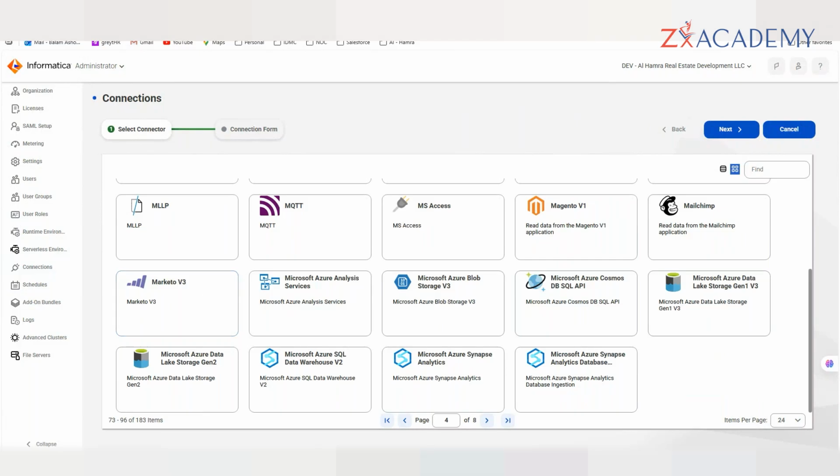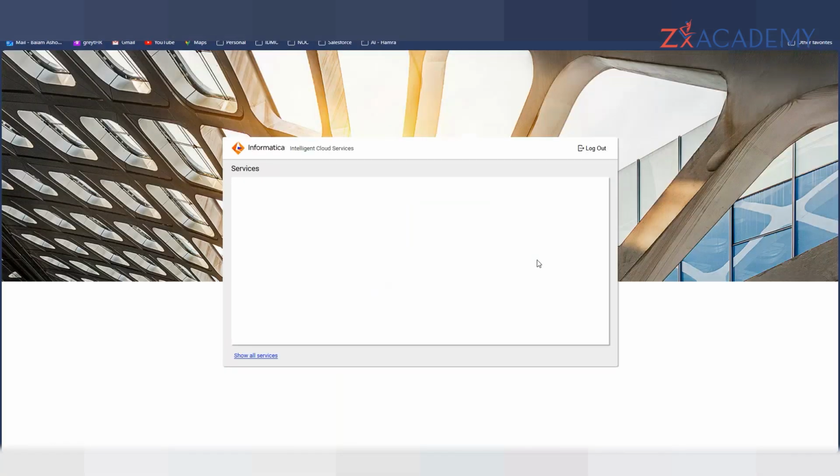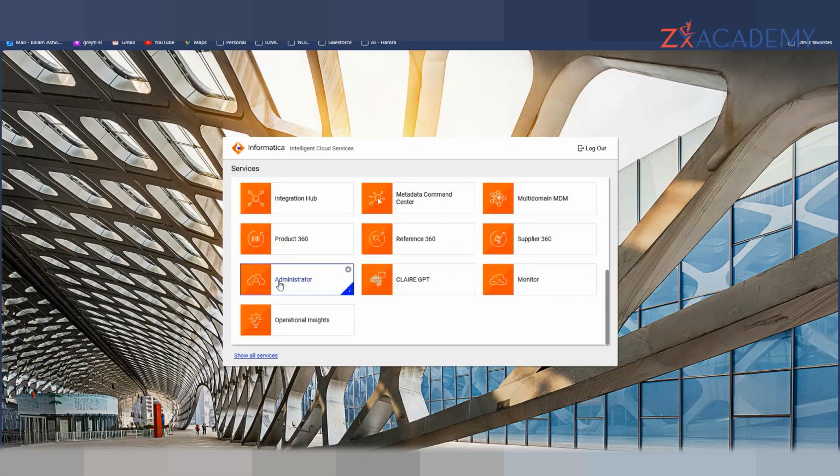Now, how are you going to create a connection? To create connections, you should always have a secure agent. Without a secure agent, you can't create any connection. One secure agent is enough, it depends. For example, if you have a secure agent, you have,